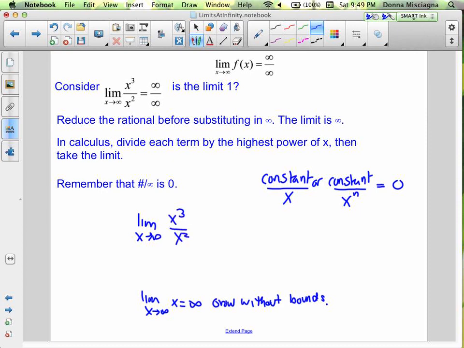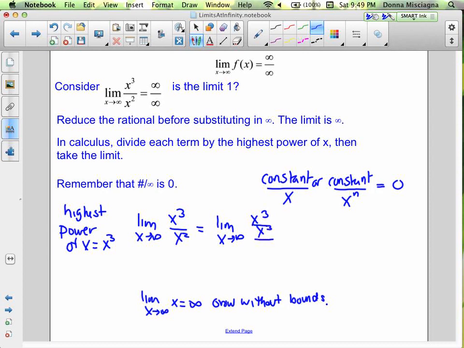We're going to divide everything by the highest power of x. The highest power of x is x cubed, right? So we'll divide everything by x cubed. So that's going to give us the limit. Notice I'm still writing limit until we finish substituting or evaluating. We keep limit. So the limit as x approaches infinity, x cubed divided by